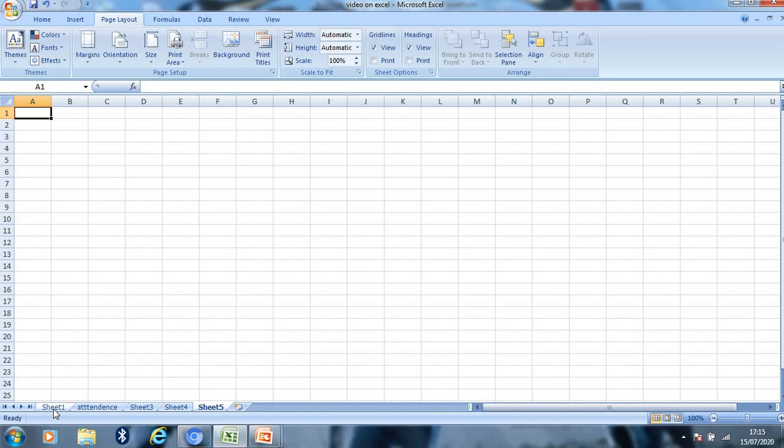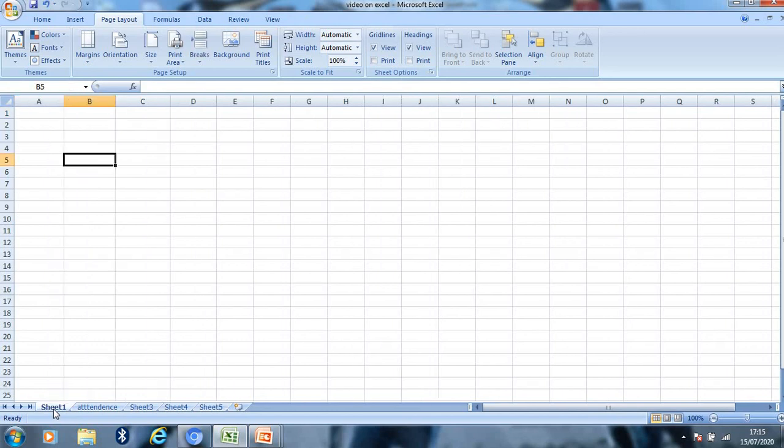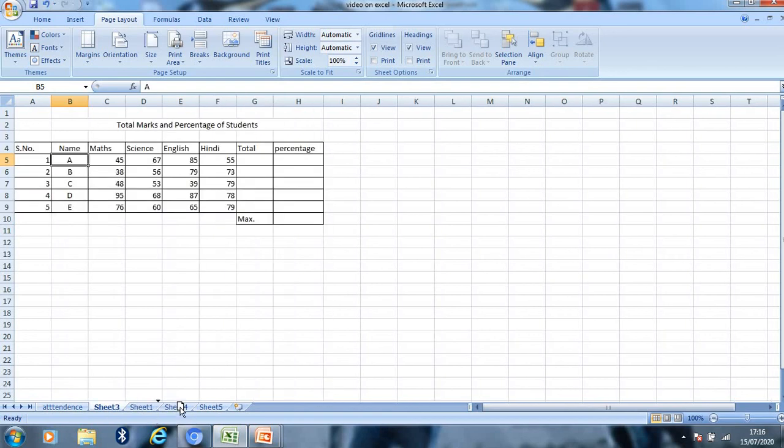I place my pointer on sheet 1, press the left button of my mouse and hold it, and when a paper-like image appears, I drag it and drop it where I want to move it. For example, I want to move it between 3 and 4, so I will drag it here. So the sheet will appear between sheet 3 and sheet 4.